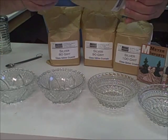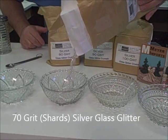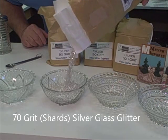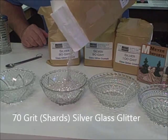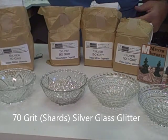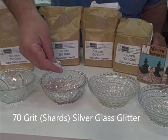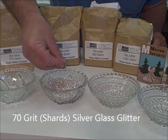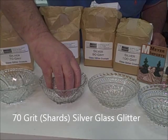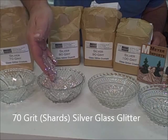Now 70 grit is very coarse. It's almost like little pieces of glass. People always get worried that they're going to get cut by working with glass glitter. I've been doing this for years and years, and I have to admit, I maybe have been poked once or twice, but this is the coarsest glitter, and you can see I'm rubbing it between my fingers. I'm diving in. I almost could swim in this stuff. And yes, you shouldn't eat it, and you probably shouldn't be doing what I'm doing right now, but